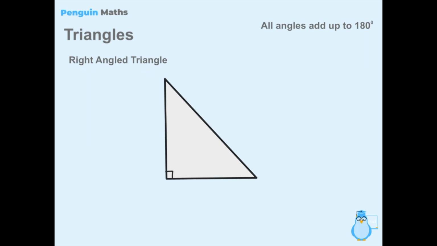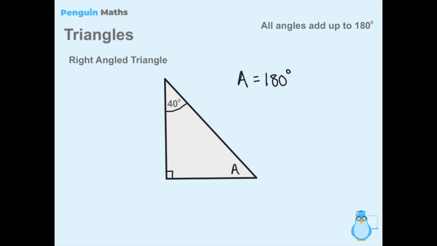And how we identify a right-angled triangle is the same as before, where if we see this little right-angle symbol, then we know that it's a right-angled triangle, and also that this angle is equal to 90 degrees. So if we have a right-angled triangle and we want to calculate, for example, this angle here A, and we know that this angle here is 40 degrees, well, we can say that angle A is equal to